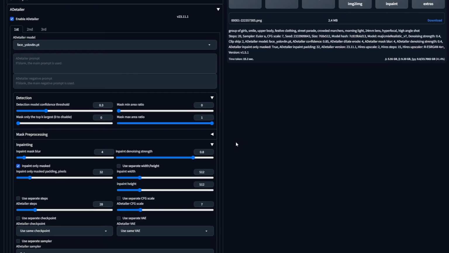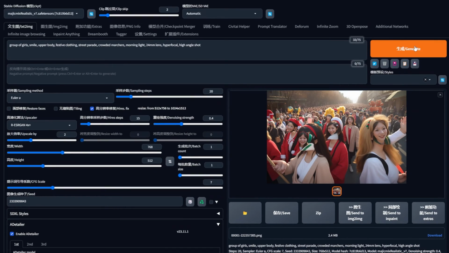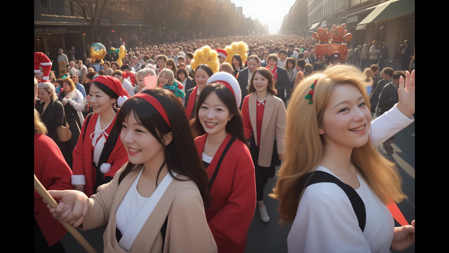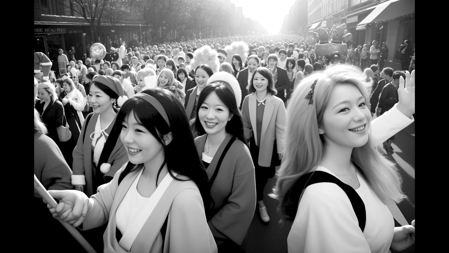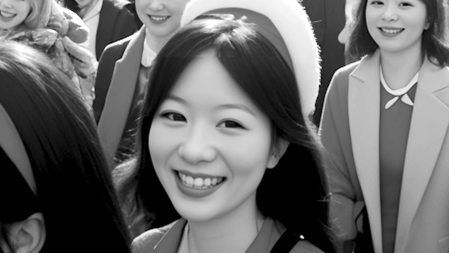Let's consider another parameter. Reset the Inpaint denoising strength to the default 0.4. Then set the Inpaint mask blur to 0 and examine the outcome. The resulting image might look fine at a glance. However, converting it to black and white and adjusting the contrast reveals an obvious seam. This occurs because ADetailer repairs faces within a rectangular bounding box. When blur is minimal, the transition between pixels inside and outside this box is harsh,